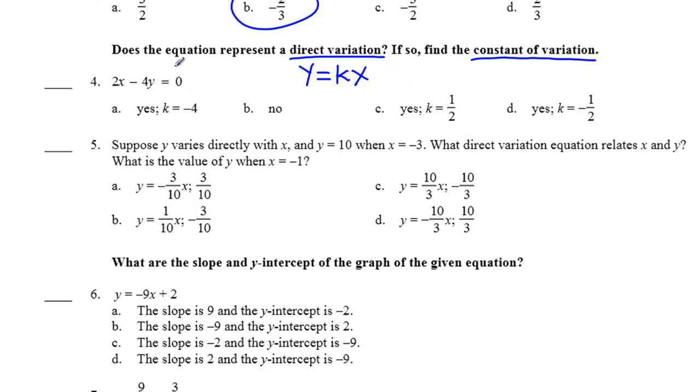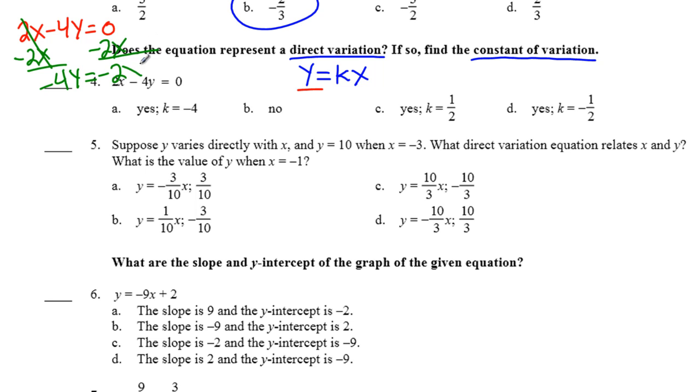In this particular equation, it's 2x minus 4y equals 0. Okay, so we gotta do a little work on this. So 2x minus 4y equals 0. Notice that the y is by itself, so we need to move this 2x to the other side. To do that, let's do minus 2x, minus 2x. Alright, that cancels the 2x on that side. Then we get minus 4y equals